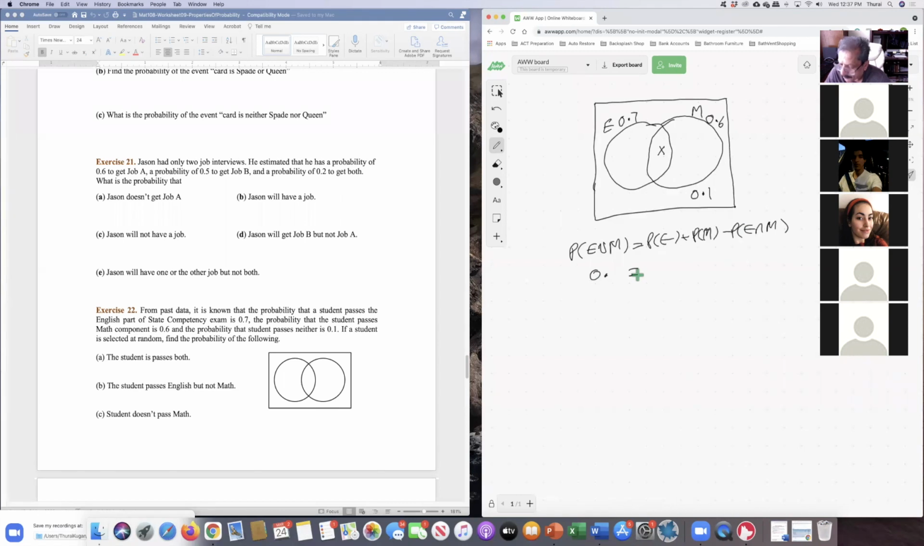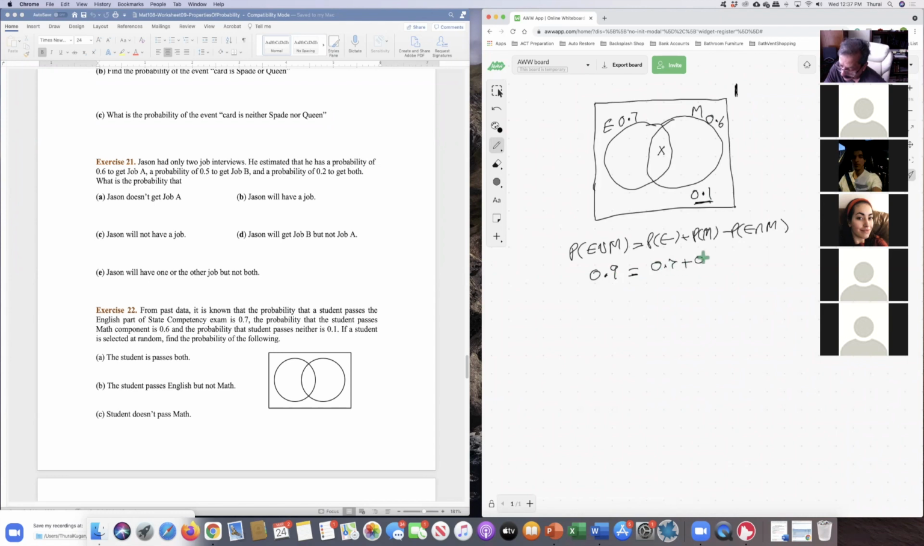0.9, because outside is 0.1. Outside the two circles is 0.1, so inside is 0.9, because your sample space has probability 1. So the union of the two circles has 0.9. So that's equal to